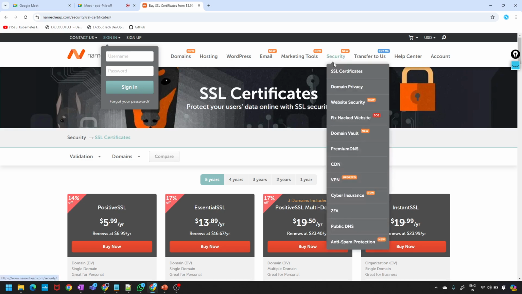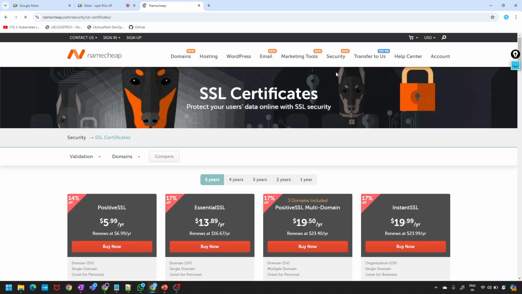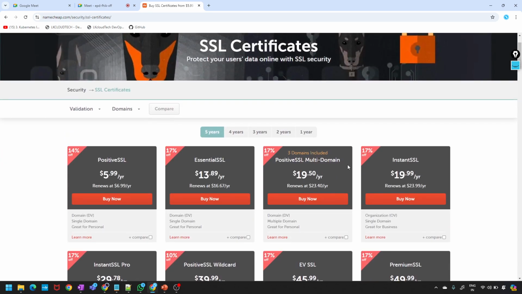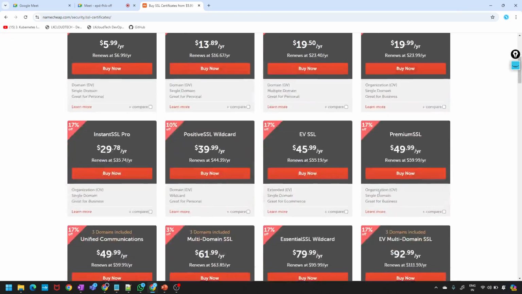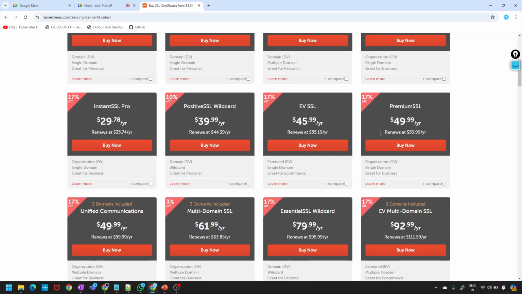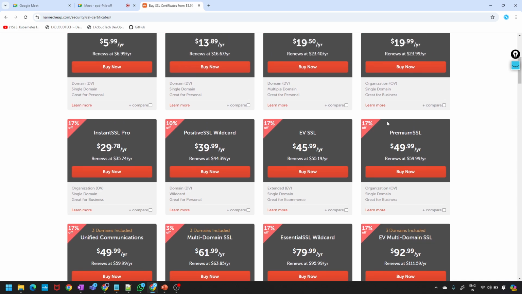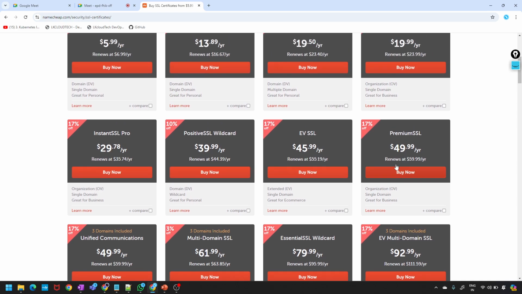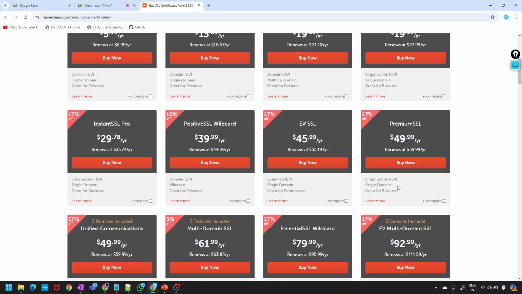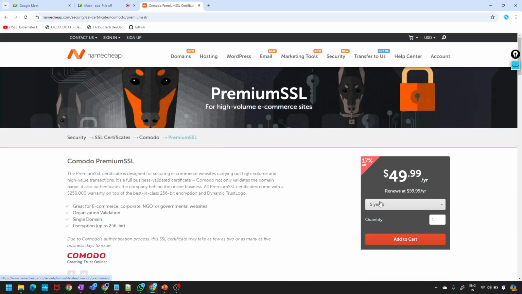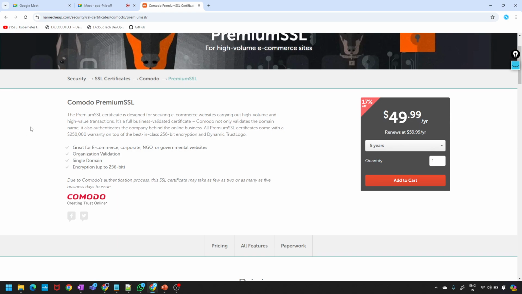So you have to go to security and click on SSL certificate, and according to your requirement, you have to buy. For example, if it is premium SSL, you have to check the cost against your budget as well. As per your requirement, just go to your certificate. You have to check all of these. See this Comodo,